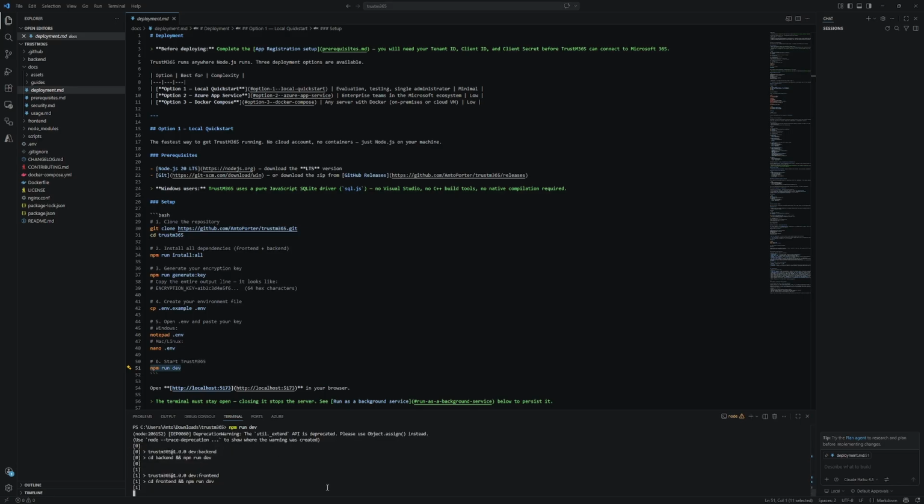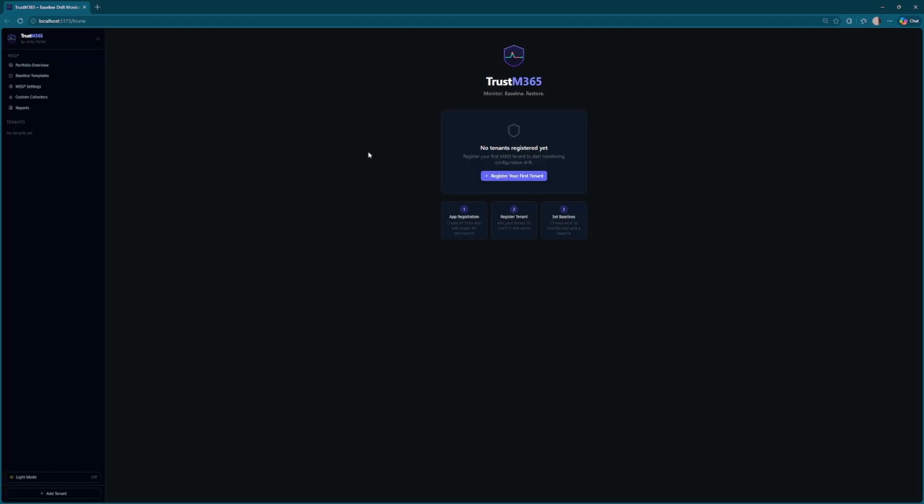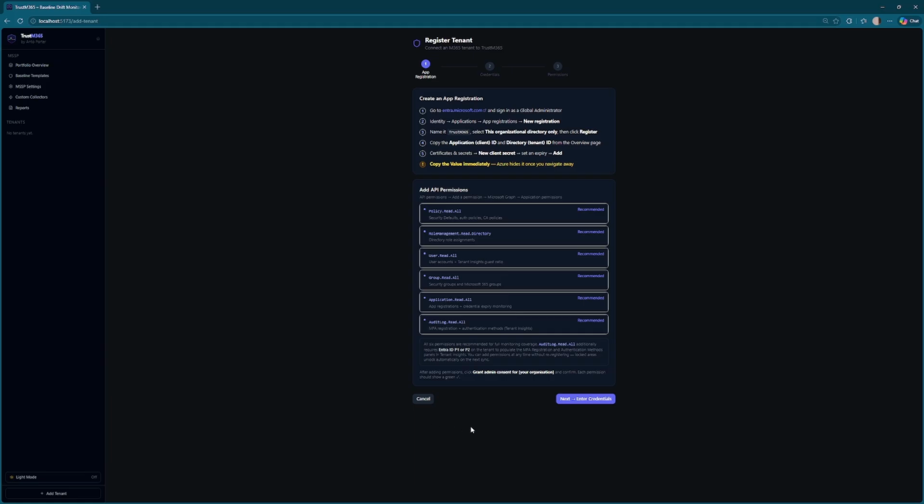Once this is done, it'll run your npm site and present you with the localhost. In this case, it's localhost 5173. From here, you're ready to go. The first thing you're going to want to do, obviously, is to register your first tenant. Now, there are some instructions that are presented here, in which it is to create an app registration,